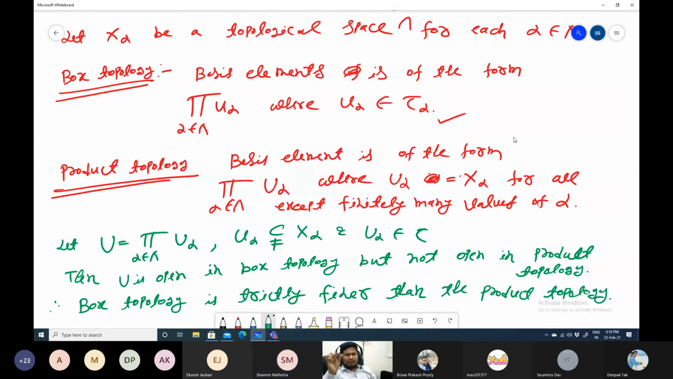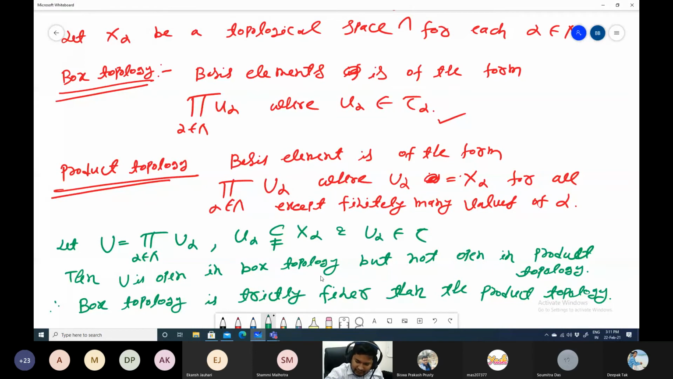Because for the box topology we use open sets of the form U cross V, where U and V both are open, right? We did not have any restriction, whereas in product topology we have some restriction. So for a finite product, both topologies will be the same. For finite, both are the same. For infinite,